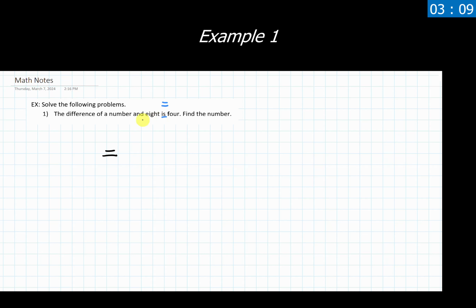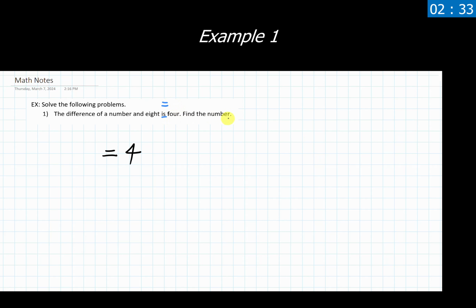Now everything to the left of this buzzword is going to be the left side of this equation. Everything to the right of this buzzword is going to be the right side of this equation because that's my equal sign. Now we can either do the left side or the right side first. It really doesn't matter, but we just need to pick one and commit to it. I'm going to do the right side first because we're told stuff is 4. So I should have something equals 4 on this right hand side. So there we go. Half of this thing is already written out for us. Now we need to just make sense of this other half.